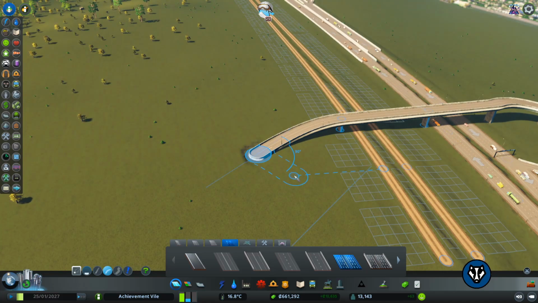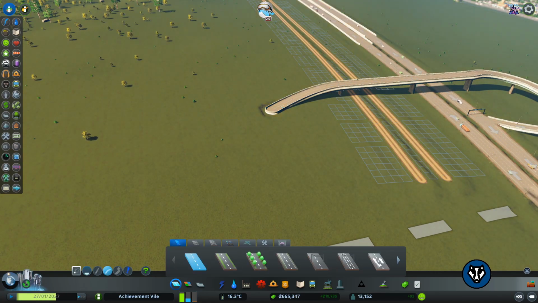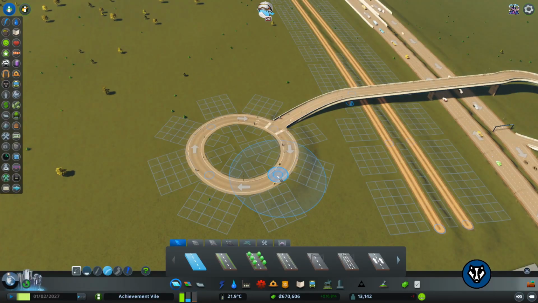So count 90 degrees. 5. Okay. I think I have to switch to road. There we go. 5, 5, 5, 5. Boom. So the other junction coming off